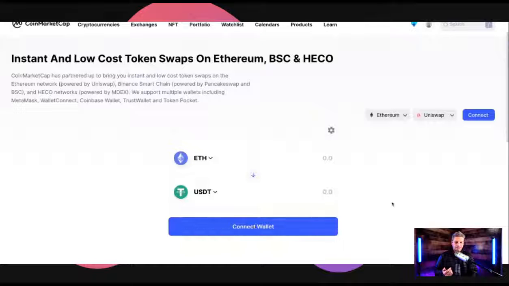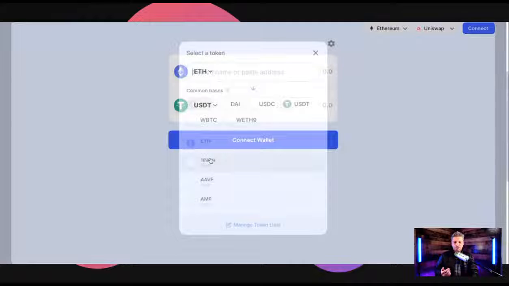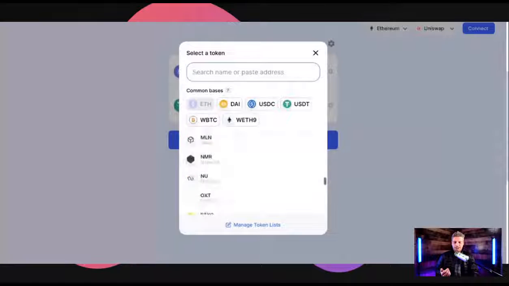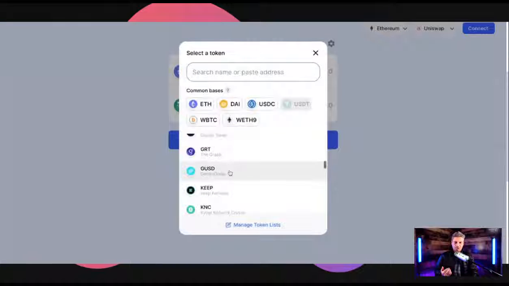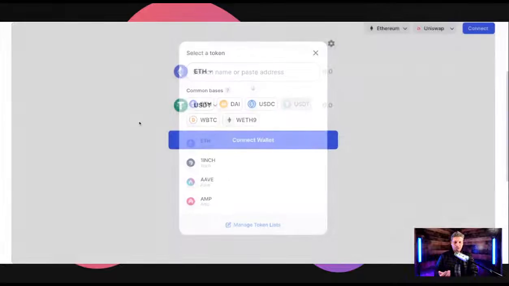You would connect, this gets a little bit too detailed because it's more of a decentralized way of doing a swap. But you can trade from, let's say, Ethereum back into USDT, being a stable coin, and choose whichever coin you want. You can see just the lists keep going on and on. And you can transfer, or you can swap from that into something else or back into a stable coin.